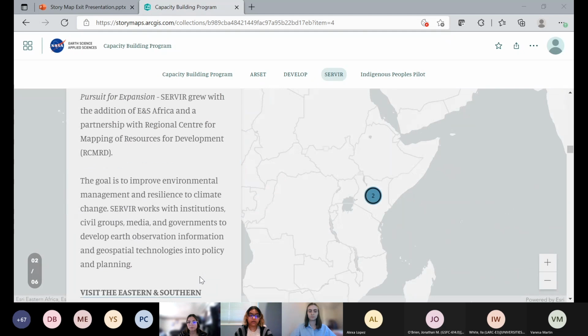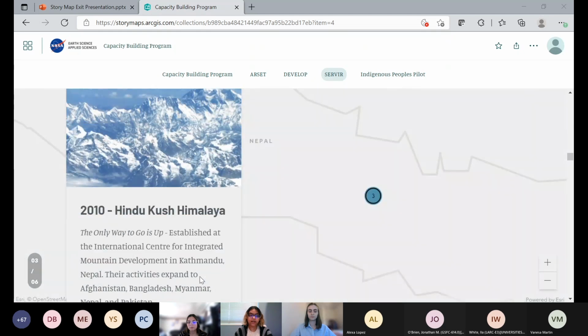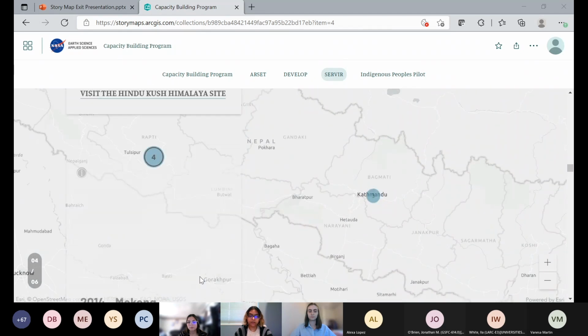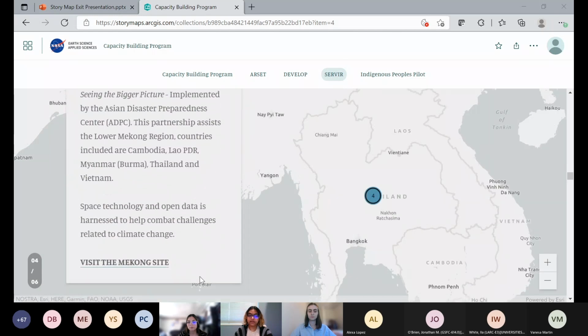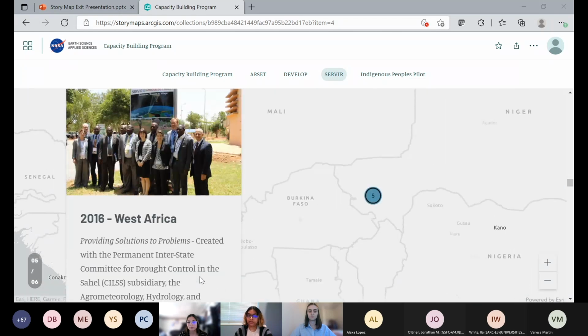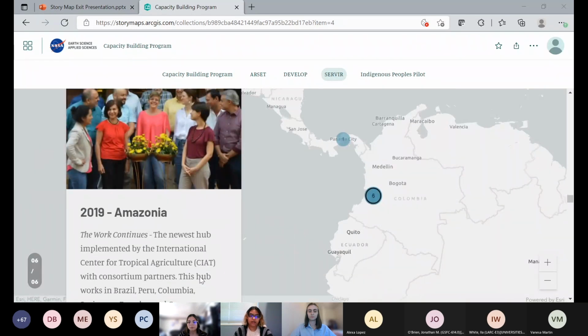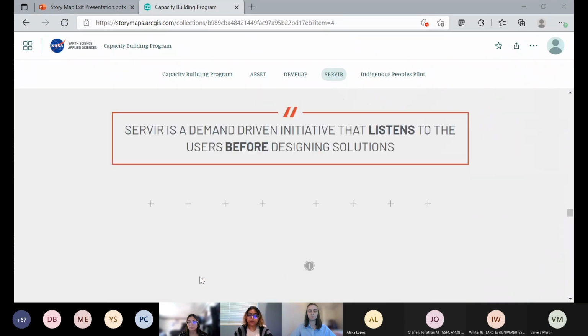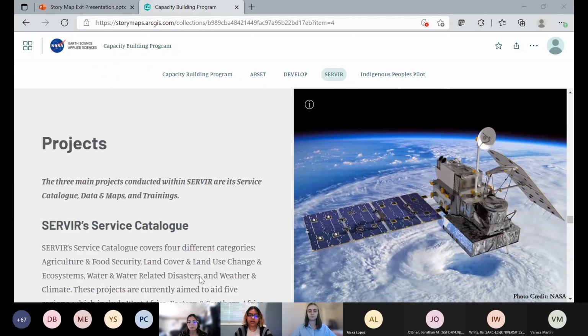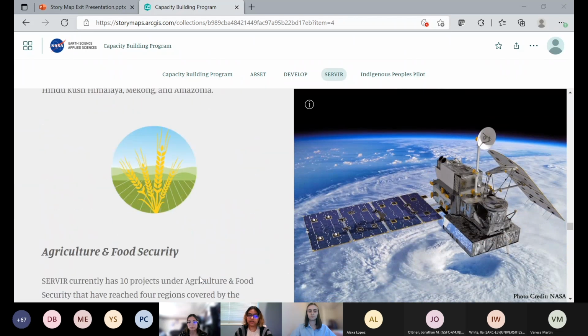This includes background information behind the location's development, as well as the year that the location was established. These total up to 6 different locations around the world as depicted on the map, and 5 of which are currently active. After that, we have SERVIR's project section, and this primarily highlights the different categories of projects SERVIR undertakes,